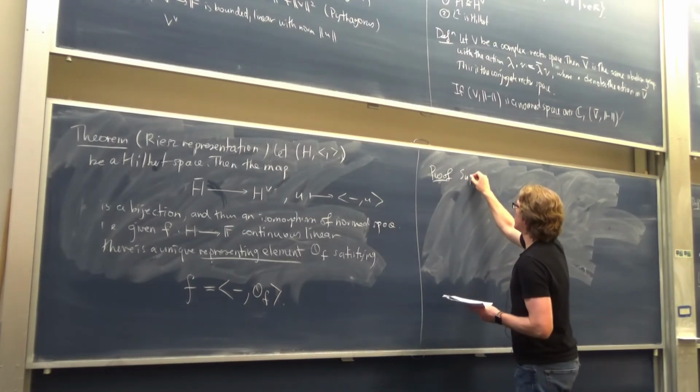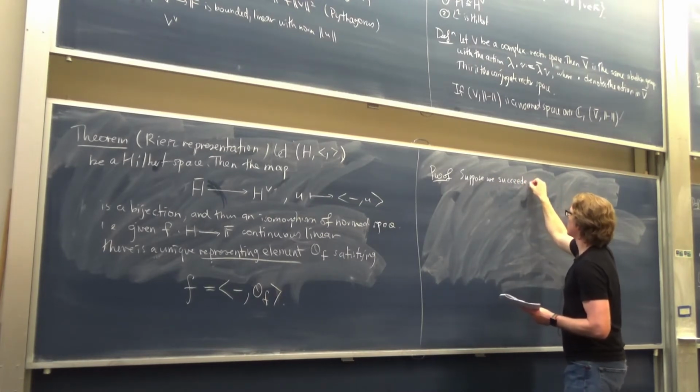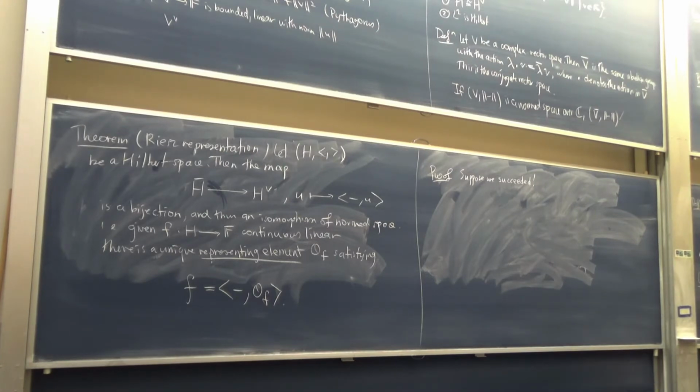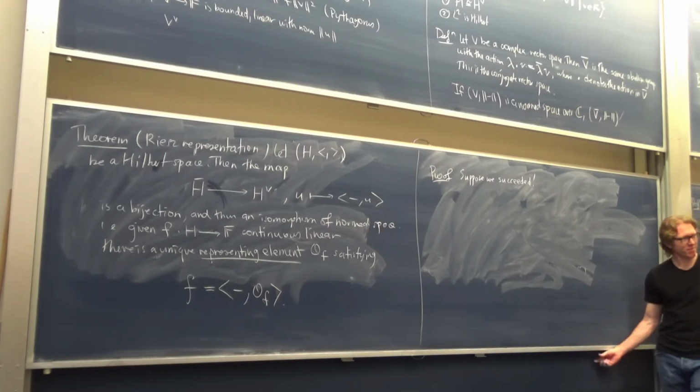Here we go again. Well, how on earth are we supposed to produce an element of H from a functional? It's not so obvious, right? Say f was into C. So I have a complex number for every vector in H, and I'm supposed to somehow incorporate all of that information into a single vector. It's not so obvious how we're going to do that, but let's suppose we did it and then see